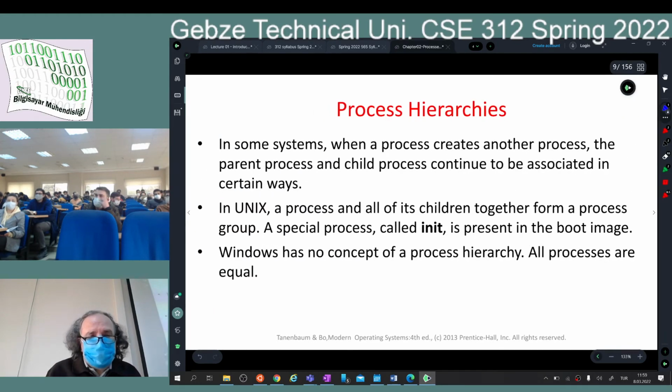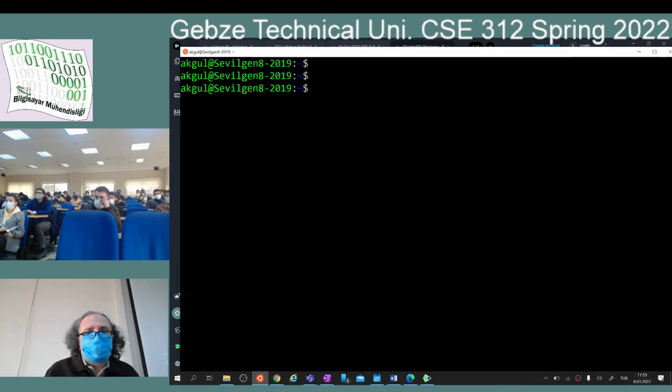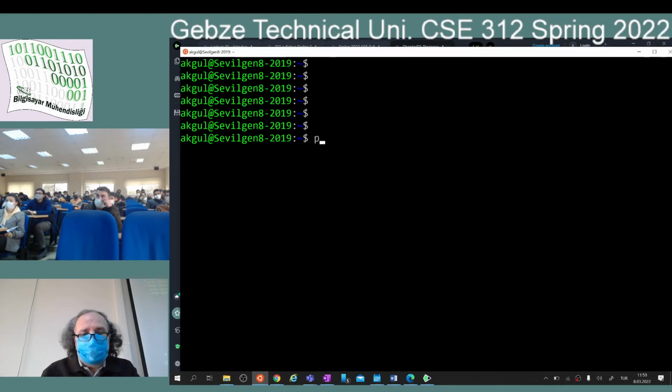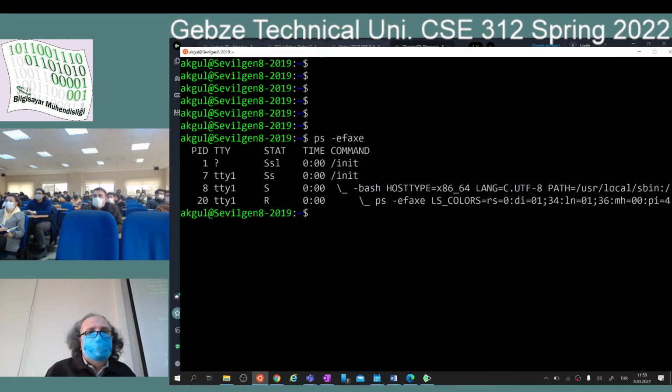But I think I showed you before in my Linux emulation that when I do this, it says that init, the process init, is the parent of all, then bash is the child of it, and ps is the child of this bash. There is always a parent-child relationship between the processes, and usually if you kill the parent process here, that will kill all the children of that process,